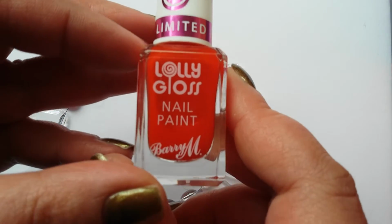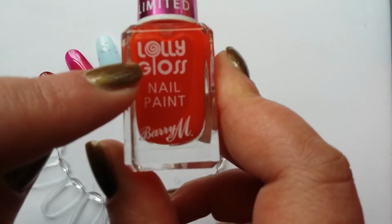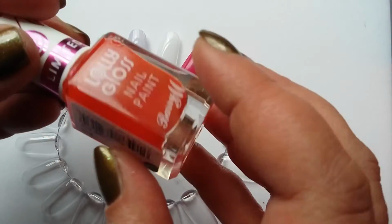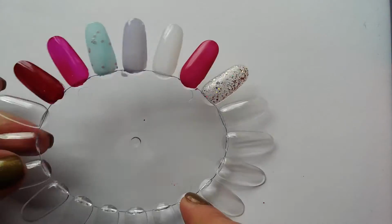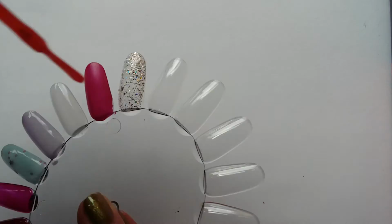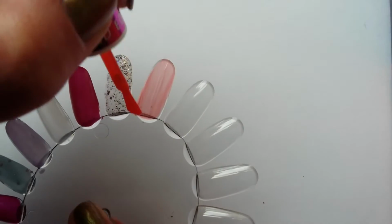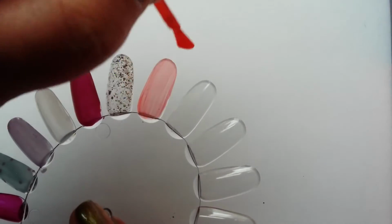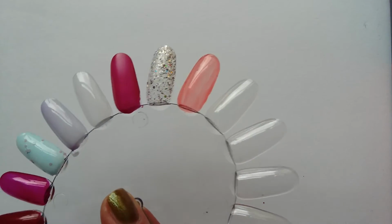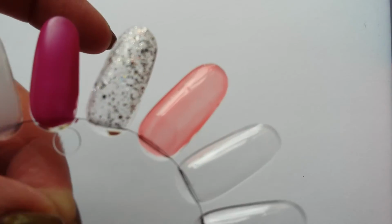So this is Barry M Lolly Gloss. These types of polishes are also called tints or watercolours, and they're very, very sheer, and you basically just get a wash of colour. Now these are great to be used in nail art, or you can build them up and get a very dense jelly looking finish, but they're also quite versatile in that you can top them over a different colour. So this is on its own, so as you can see it looks very sheer,